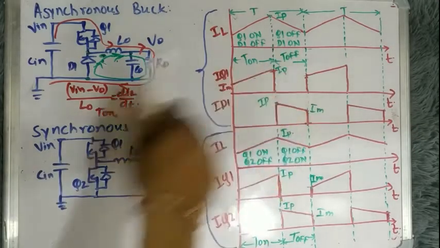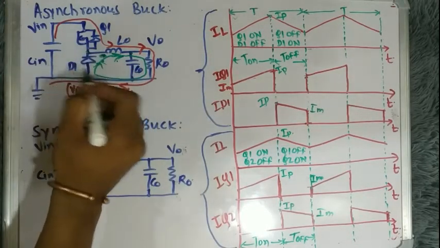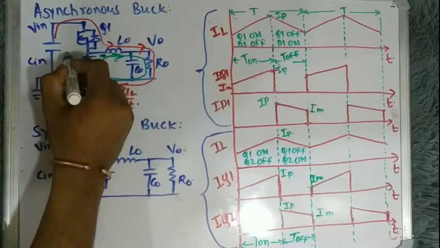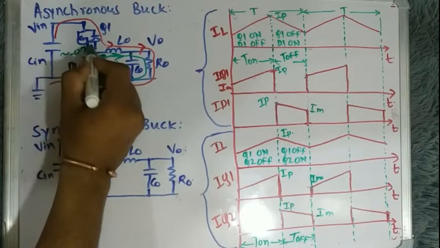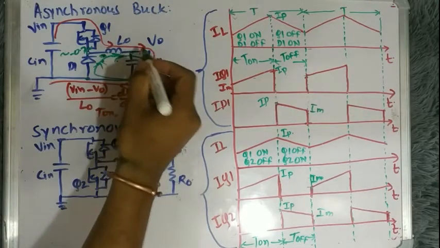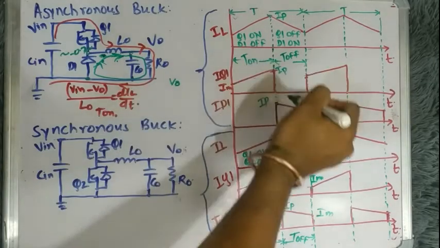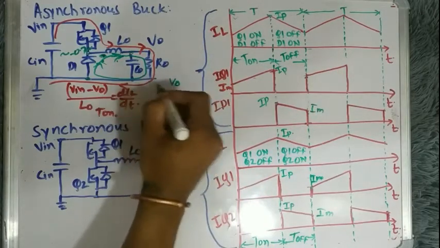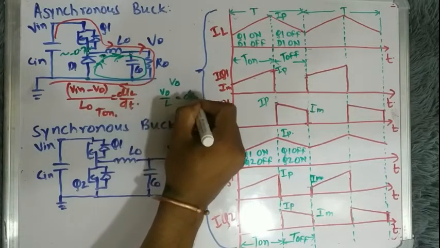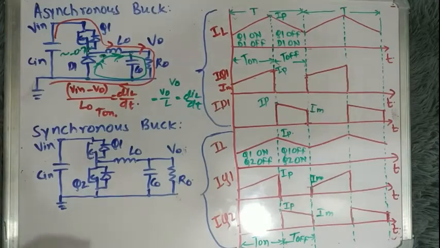During time t off, if we consider the voltage across the inductor, the diode D1 is forward biased as I explained earlier. So this terminal is almost at minus 0.7 volt, because this is the typical voltage drop of a silicon diode, right? And the other terminal of the inductor is at VO, so we have VO voltage appearing across the inductor. We can calculate the slope of the inductor current by the same equation, but here we have VO by L equal to dIL by dt, and we use a minus sign because the inductor current has a negative slope.